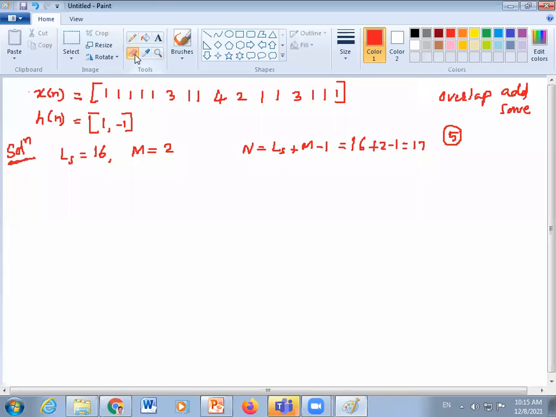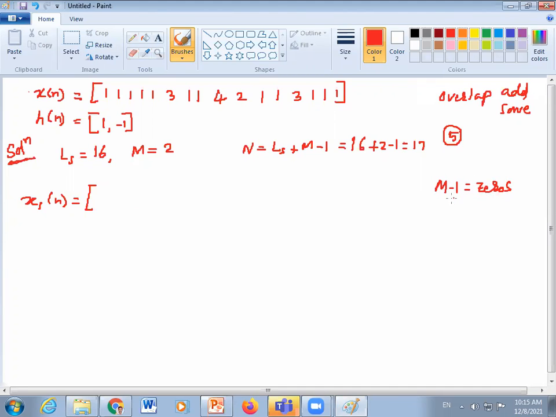Okay, so in the overlap add method, what have we done? First, to form the block, what is the process? In overlap add, what is the difference I told you? x1 of n is equal to, can someone tell me? Where are we adding the zeros? At the end of the sequence. How many zeros are we adding? We are adding m minus 1 zeros at the end of the sequence.